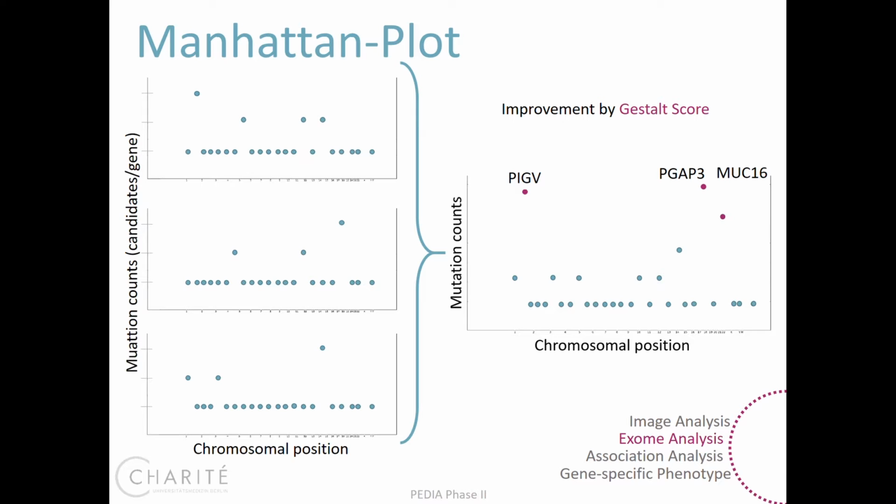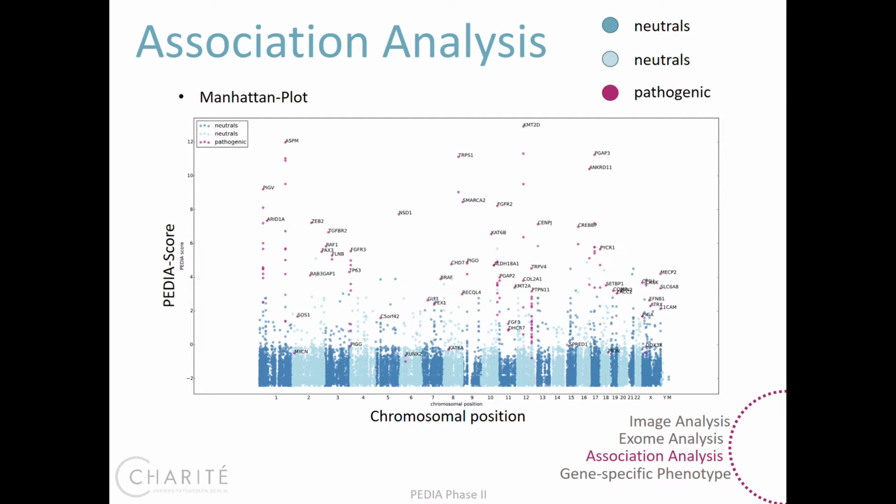For our current study cohort of more than 200 patients, the PEDIA scoring approach is shown here. Each point represents a gene with a potentially pathogenic variant in a patient. The genes with the actually disease-causing mutations are shown in pink. The PEDIA score already integrates information from the molecular level as well as from the phenotype level. Let's imagine we consider only genes with scores above 0. Then we would exclude most of the neutral variants. Our results thus indicate that the accuracy of the disease gene inference can be significantly increased when Gestalt information is